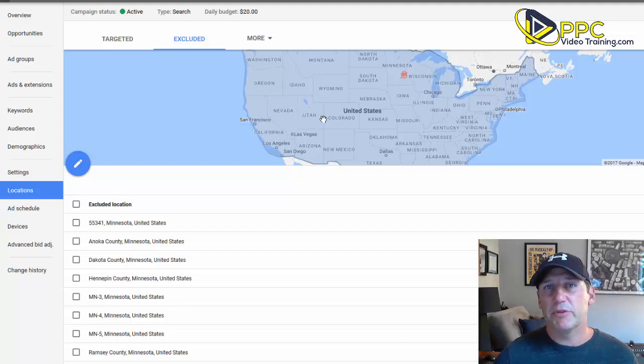Once again, going back to the metro example, we have those local clients, and I usually tell them start smaller, and if you need to, you can grow bigger. Rather than spending 2 hours a day driving across town, why don't you just stick with a 10-mile radius and go from there? And it always seems to work out. So that's one of our best practices today. Don't waste money on locations that aren't going to get you any business or any conversions. So when it comes down to it, narrow down your targeting.